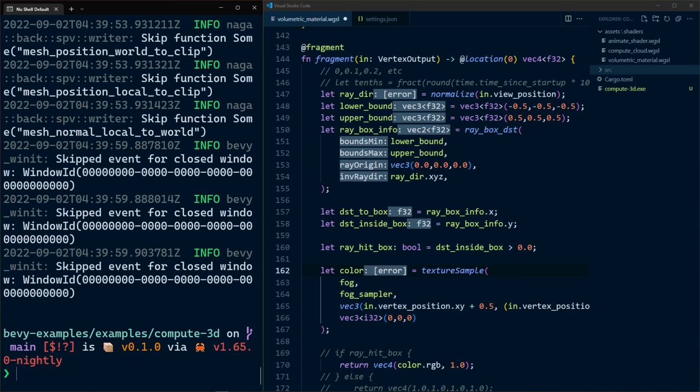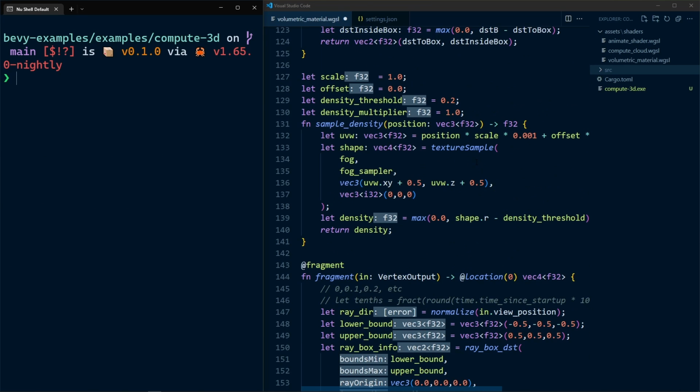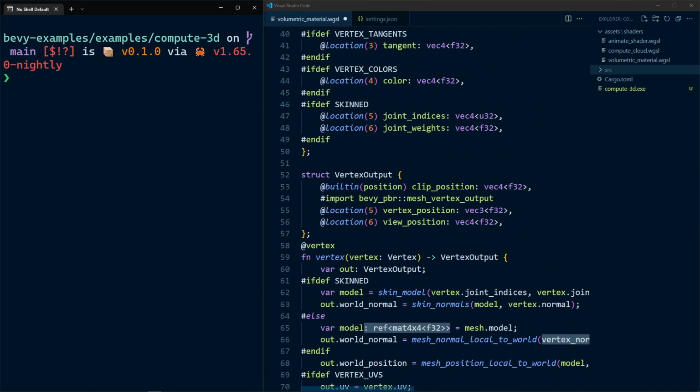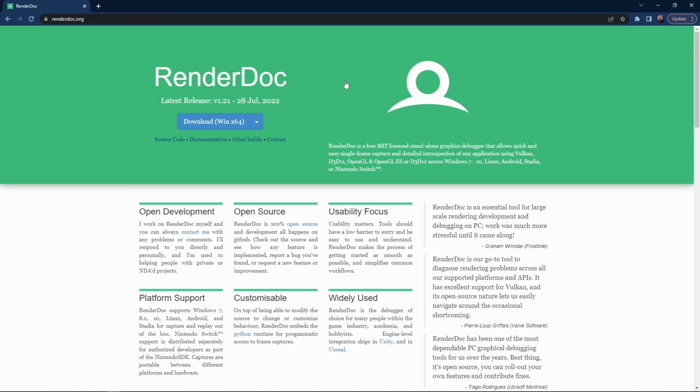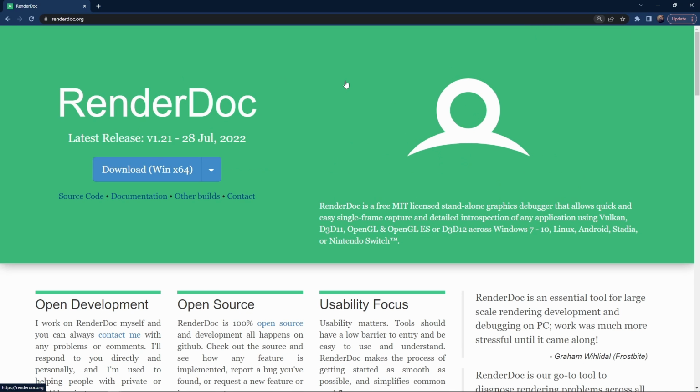Today we have something that's a little bit, I'm going to say it's exciting. So I have some issues with this shader that I've been working on, and you might notice that my monitor looks a little bit different than it usually does. On the left here, we've got Windows Terminal, and on the right here, we've got Visual Studio Code running on my Windows device. And that is because today we are going to be working with RenderDoc,